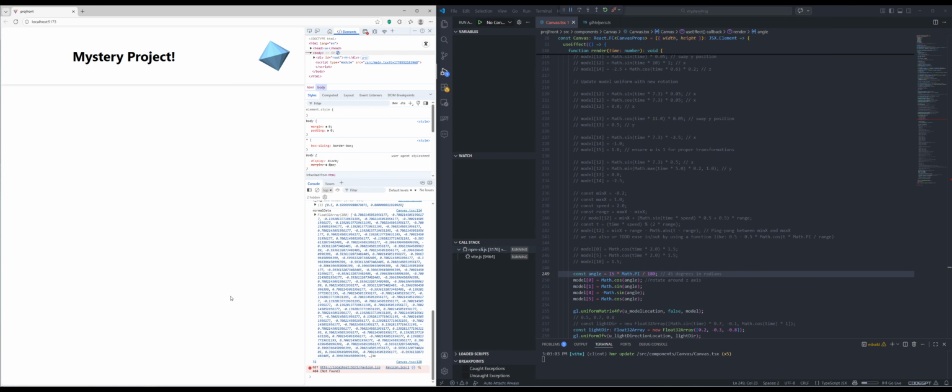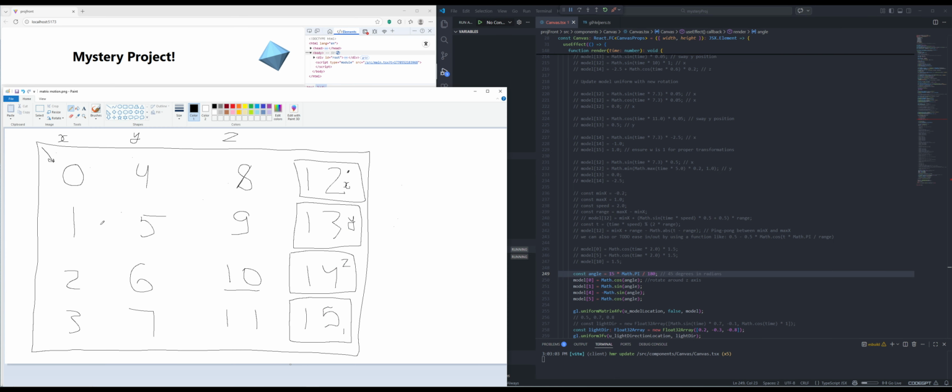Okay, so by experiment, we found out that on the Z axis, if I have minus on model 4 and plus on model 1,